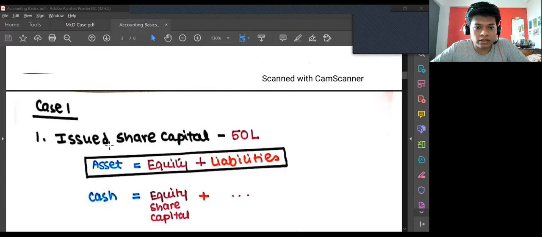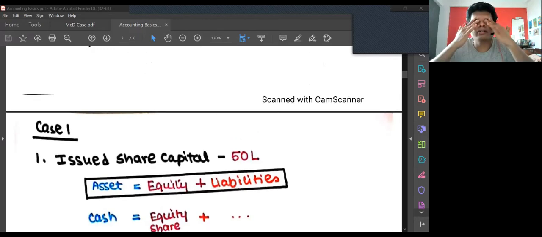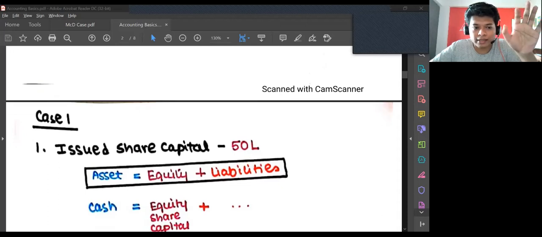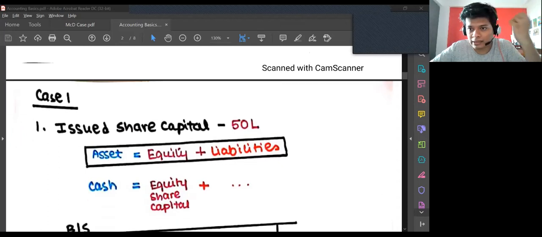Now, case one. Issued share capital. Whenever the company issues share capital, what happens? I issue the share capital. The people in the market, either market or owners, whoever, want to buy my shares, they want to give me cash and buy my shares. So in this accounting equation, what is the impact? Assets increase because I get cash from the market, so cash increases, and equity increases because I am getting shareholders' funds. So on the equity side, equity share capital increases. And there is no impact on the liability. So you see, whatever happens will impact both sides. And I'll show this in every example that I've given.